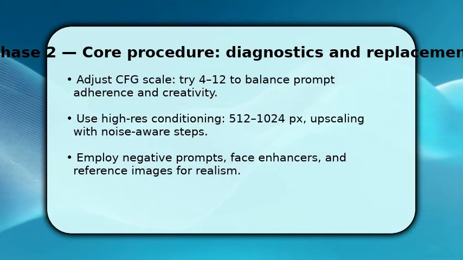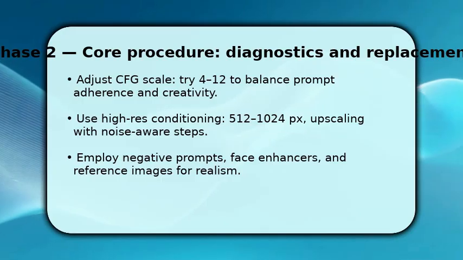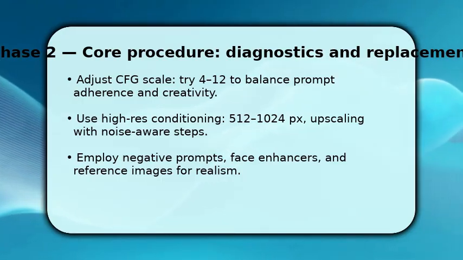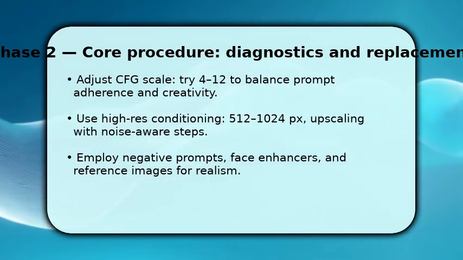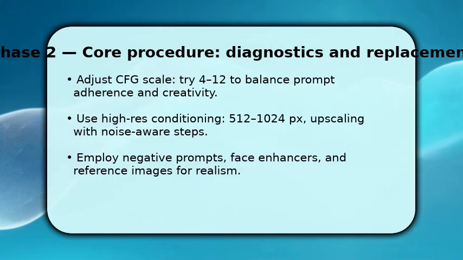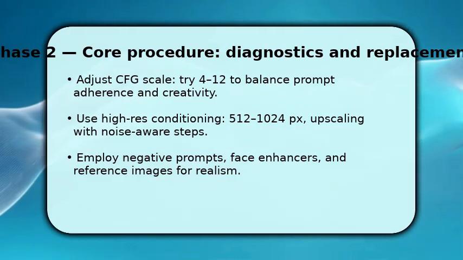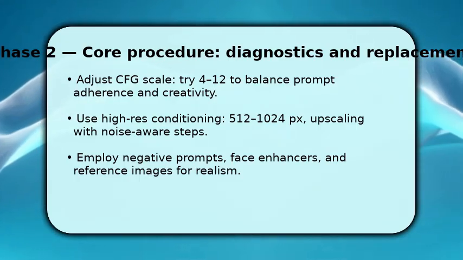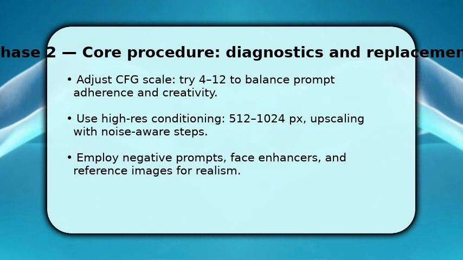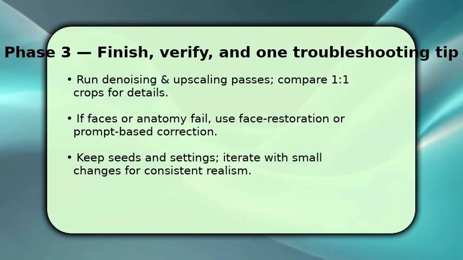Next, you refine the generation. Tweak the CFG scale between 4 and 12 to control how closely the image follows your prompt. Lower equals freedom, higher equals fidelity. Use a strong resolution baseline, 512 to 1024 px, and plan an upscaling pass with noise-aware or face restoration tools for crisp results. Add negative prompts to remove artifacts, and feed reference images or image conditioning when you need correct proportions or textures. Make sure to save each experiment